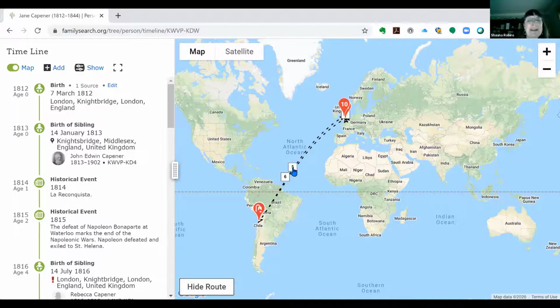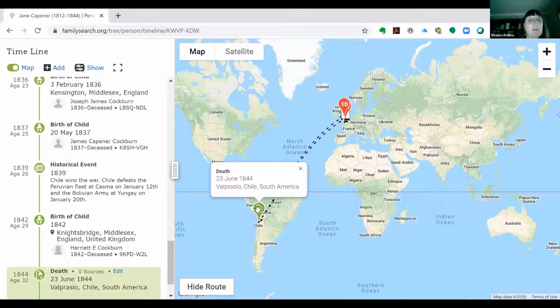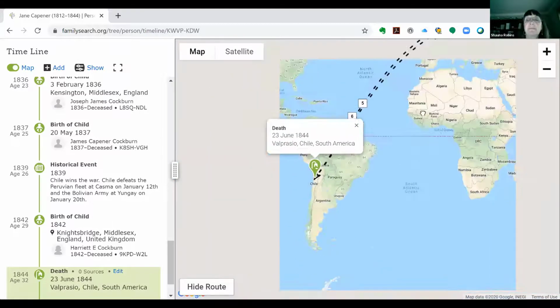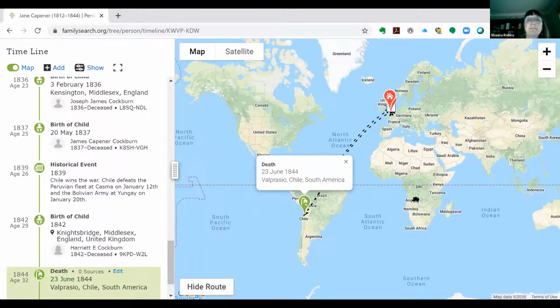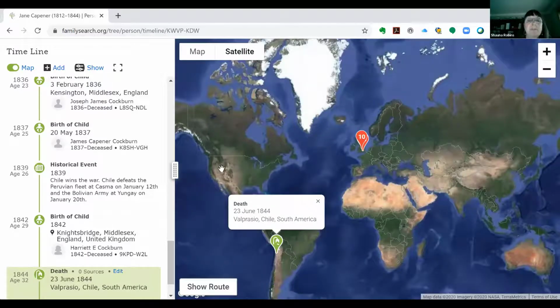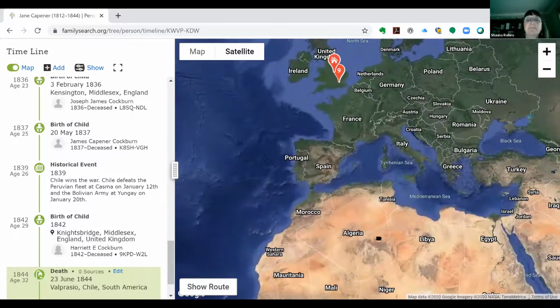You'll notice that if I click on this pin, it will light up on the left side what event it refers to. Okay. No source. Okay. Now, let's get rid of our route. We can do our satellite view, so you can see the mountain ranges, you can see the deserts. If we zoom in,